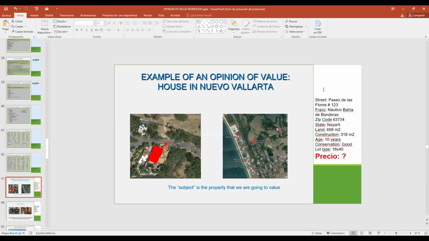This is the information: Paseo de las Flores, etc. Zip code, state, land, construction, age, conservation, and lot type. Sometimes we need the lot type or the measures, so we can work with it too. Sometimes we use the lot type to penalize, so it's better if we find out the lot type on the same street where your property is placed.